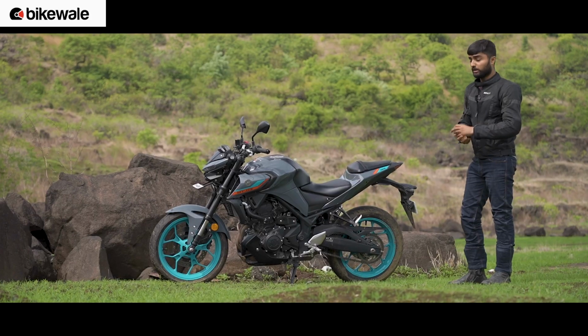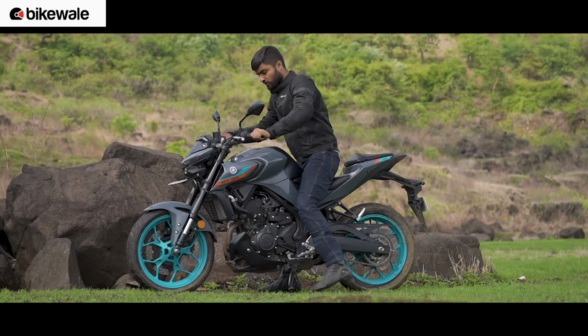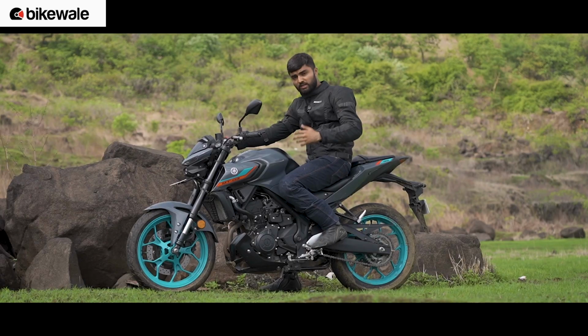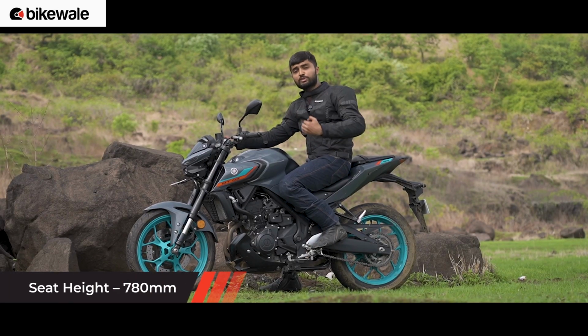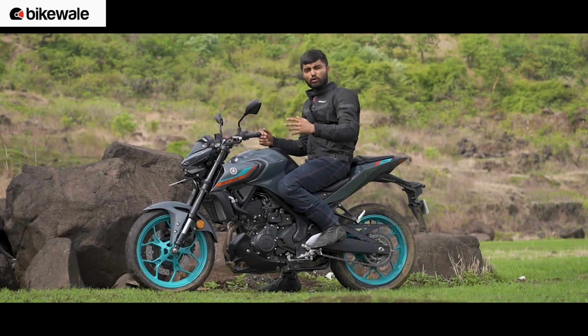By the looks of it, the MT-03 looks fairly comfortable, but is it? Let's find out. As you hop on the saddle, you can instantly notice that everything from the handlebar to the foot peg is quite neutrally placed. But the seat is slightly dense, and the way it is scooped, you sit in the bike rather than on the bike. And the handlebar, I think it should have been wider so it would offer you more leverage,